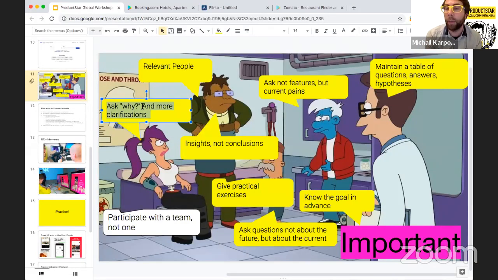Can you describe why you prefer this restaurant? So, for example, he or she saw 10 restaurants in my app, in my user research, and chose only one restaurant. And I definitely need to ask this person, okay,